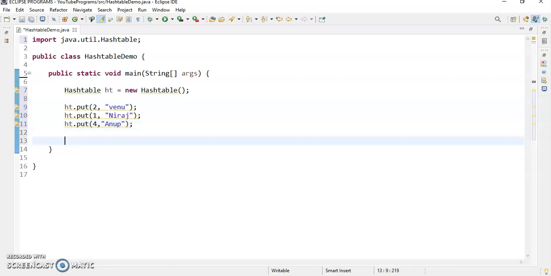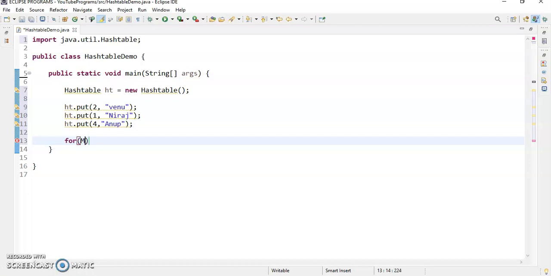Now if I want to display, we'll take one for loop, right? If I want to display the data in the form of key and value, we can use some methods of the Entry interface. But as we know, Entry interface is a sub interface of the Map interface.